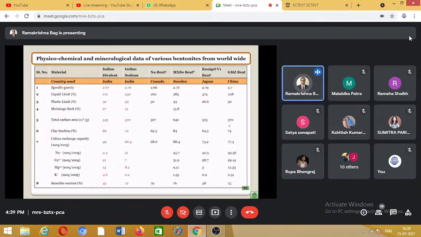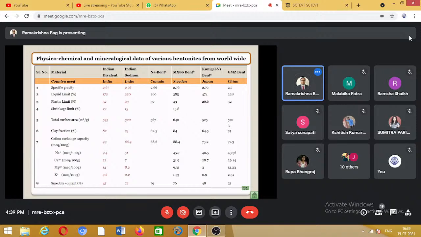Specific gravity, mostly it's varying from 2.65 to 2.8. The liquid limit, you can see the difference, you can understand why it is called expansive clay. Normal soil, you will get the liquid limit maybe up to 60. Well, here it is varying from 172 to